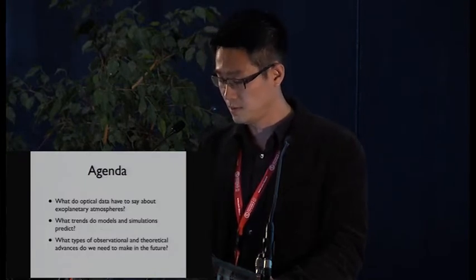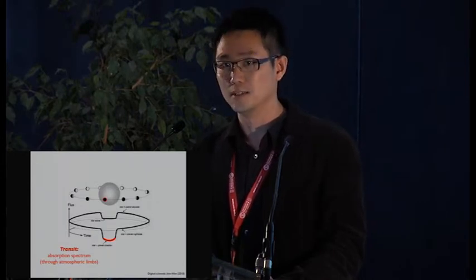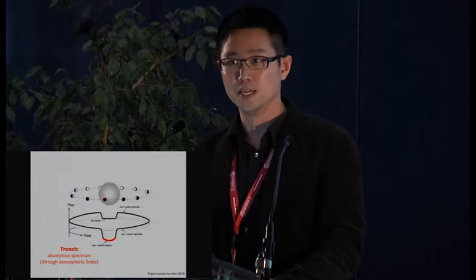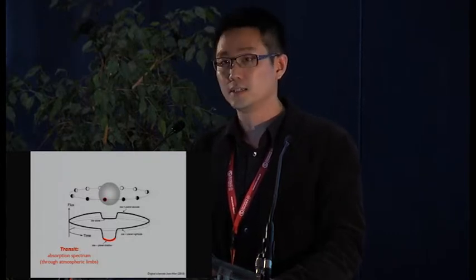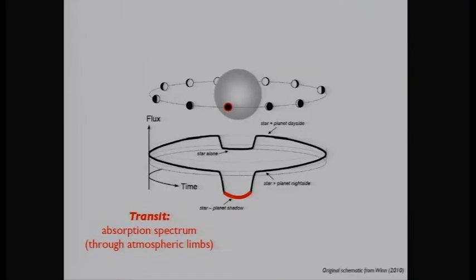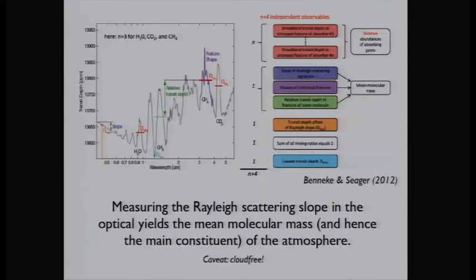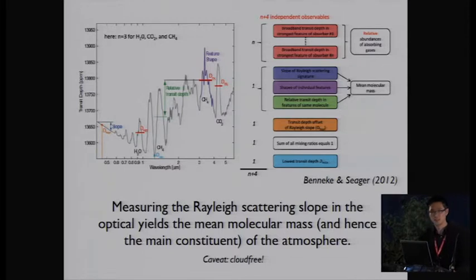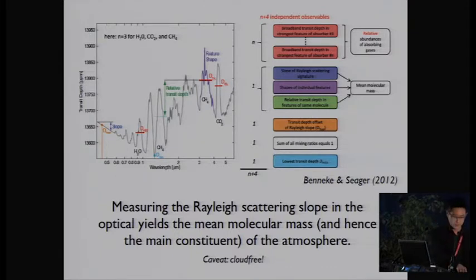So let's start with this schematic we all know and love. I don't need to explain to you how this probes the atmosphere. What I will say is that as we are going towards the era of TESS and CHEOPS and JWST, lots of different workers in the field are thinking about how to interpret spectra of exoplanet atmospheres. And there's a very nice paper by one of Sara Seager's students, Björn Benneke, where he basically laid out all of the different pieces of information that you can find in an exoplanet atmosphere spectrum. And specifically, I want to point your attention to the three boxes